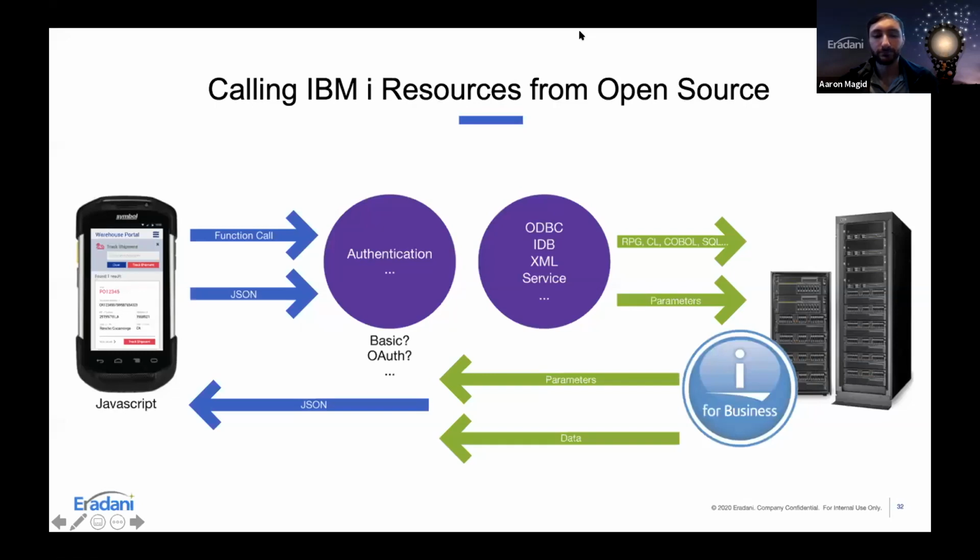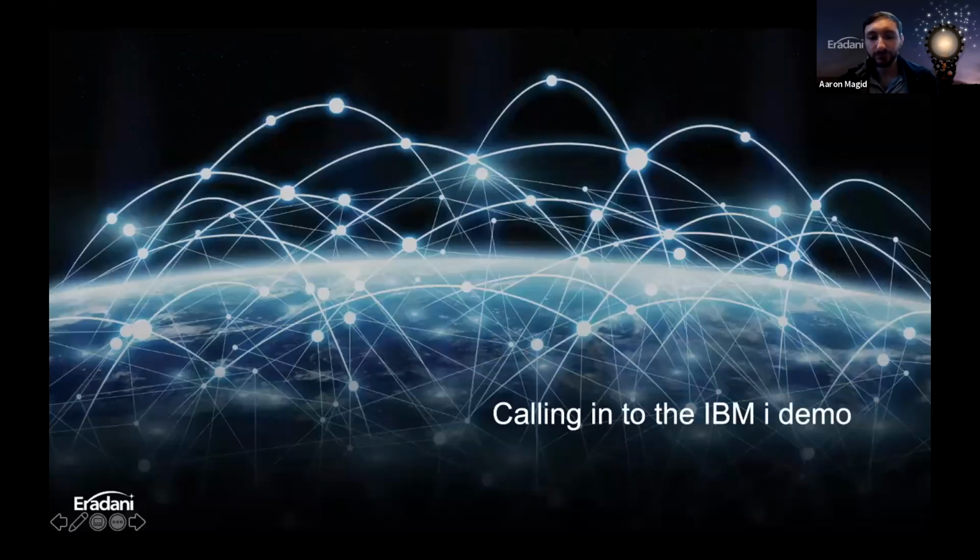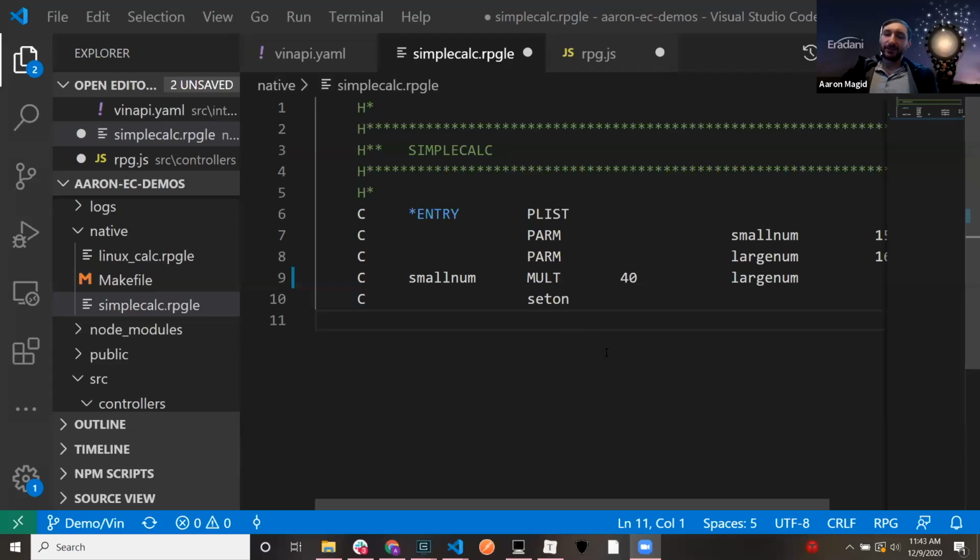Okay, so now I'm going to turn it back over to Aaron so that he can go ahead and show you an example of calling in to the IBM i. All right. Share my screen here. Okay, so